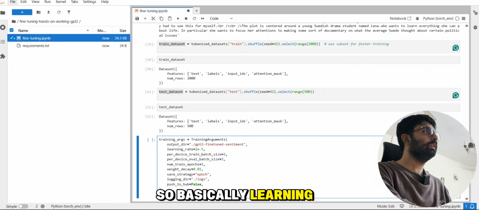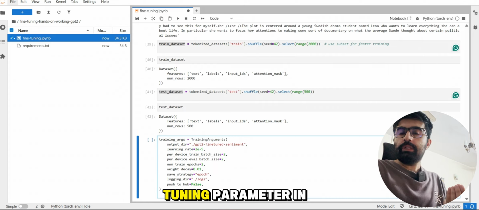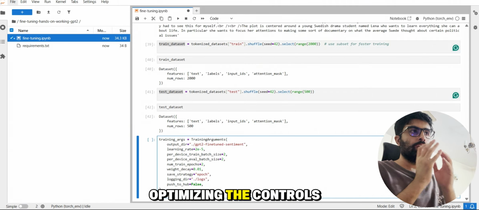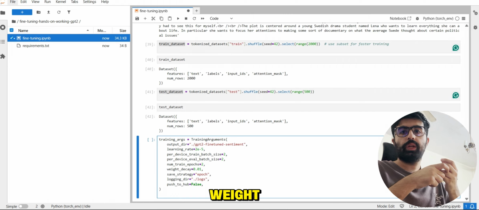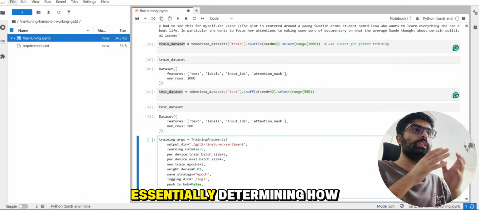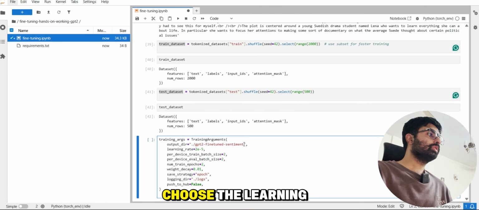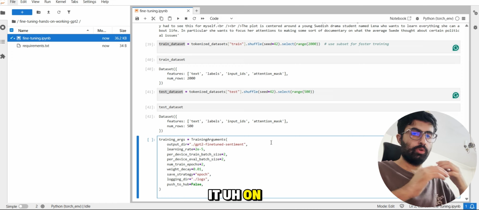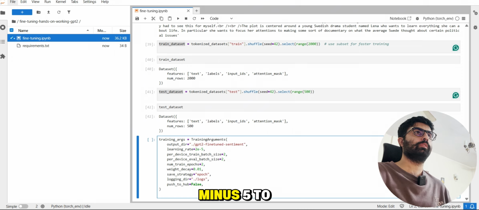So basically, learning rate is a tuning parameter in machine learning that controls the step size when adjusting a model's parameters or weights to minimize a loss function, essentially determining how quickly the model learns. So we have chosen the learning rate as 2e-5. You can set it based on your own use case, but by default we have set the learning rate as 2e-5